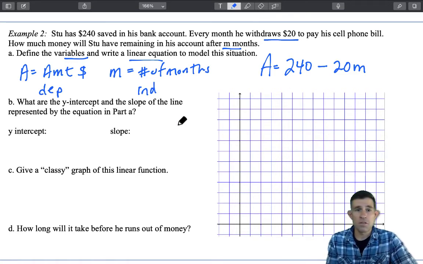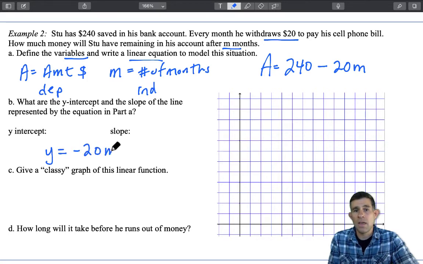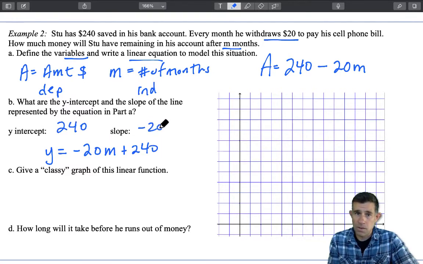So if we were to write this in slope-intercept form, this might look like y equals negative 20m plus 240, where 240 is our y-intercept and negative 20 is our slope. All right, now it says to give a